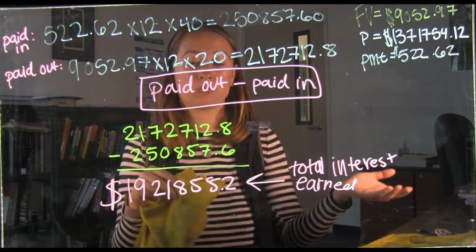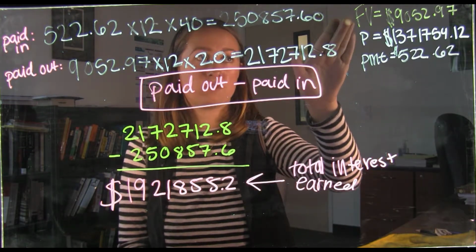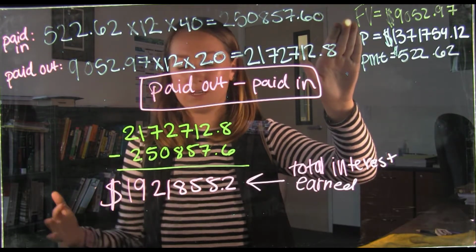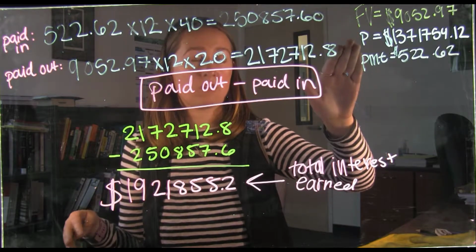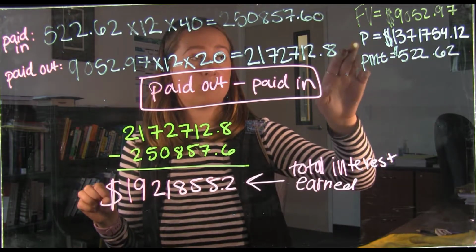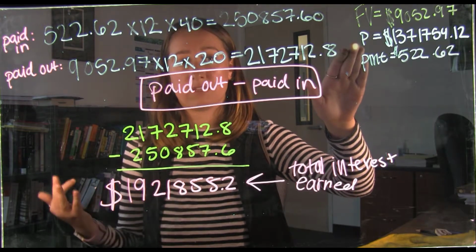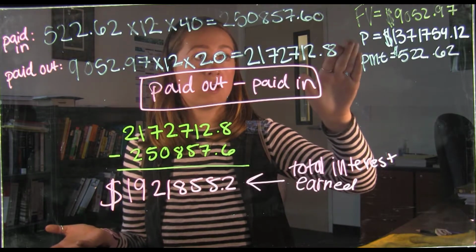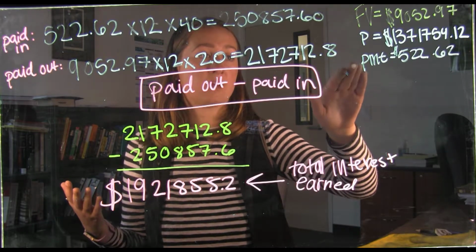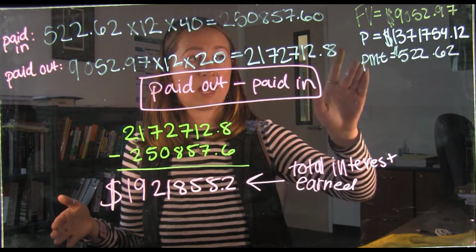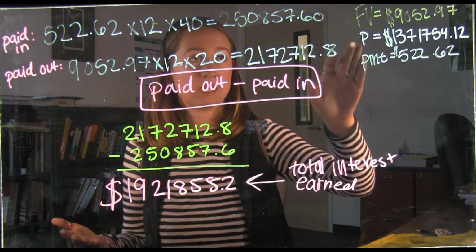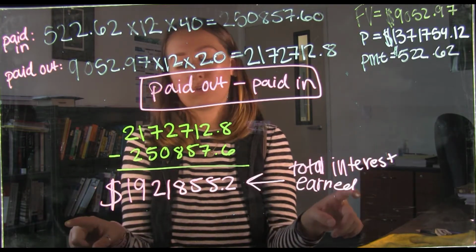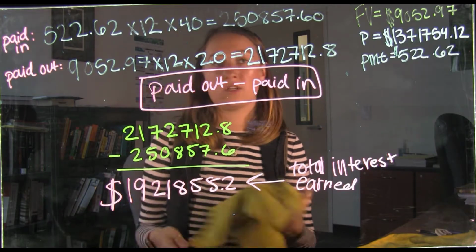So to kind of cover it up, first we found the future value cost of living by taking her current cost of living, making sure we took account of inflation. Then we used that future cost of living to determine how much she needed to save by the end of her 40 years of saving to be able to retire with this future cost of living being paid out every month for 20 years of retirement. And we found out how much we needed to pay for 40 years so that at the end of 40 years she could have this much money to then again have this much every month to live comfortably. And then we determined total interest earned after the 60 years. So yeah,